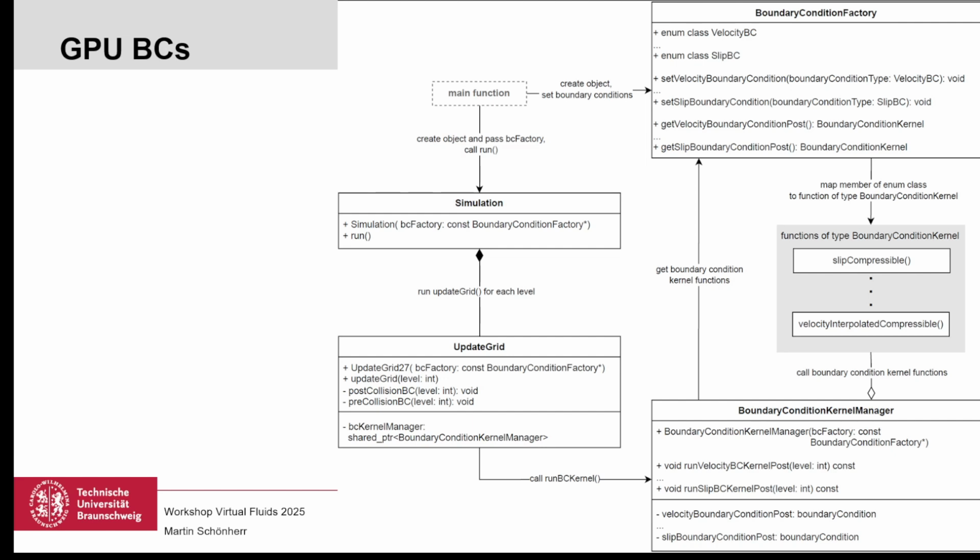Okay, when we want to use the boundary condition, maybe I don't go exactly through every line here, but you have your main function, so your app if you want, and at the end of this app you always call the simulation and this run method. So you build up the simulation and then you call run, and run always calls this update grid method. And this update grid method is a recursive method that always runs the kernel and everything else for the next